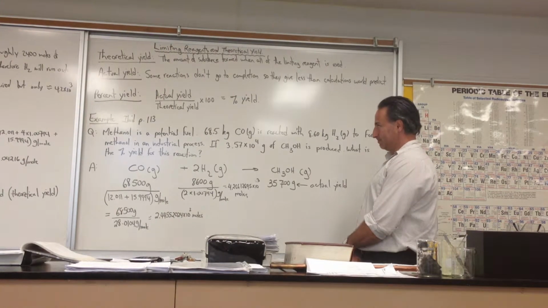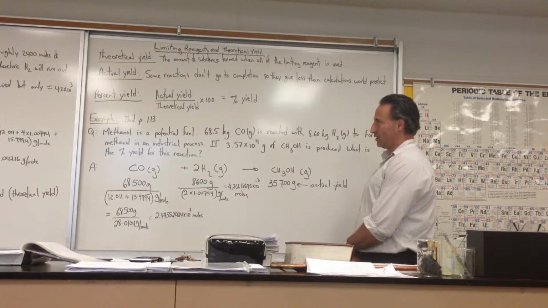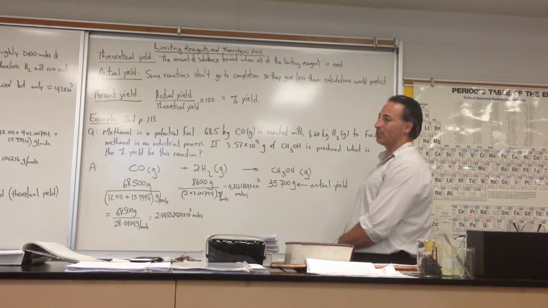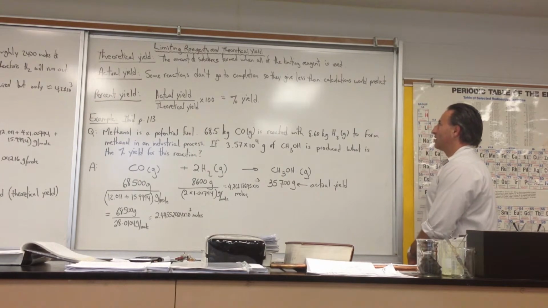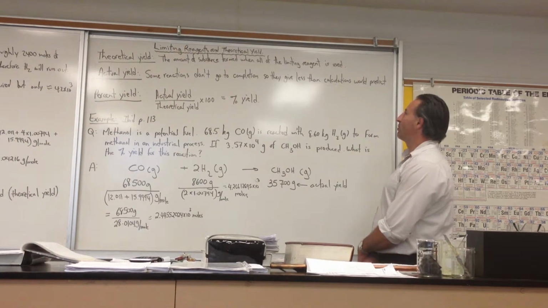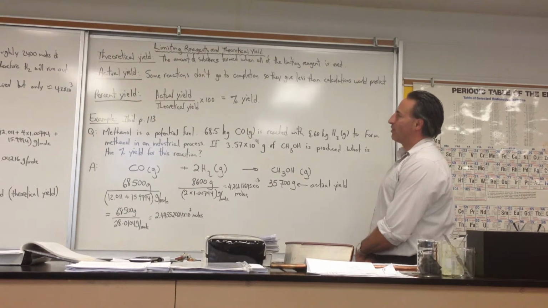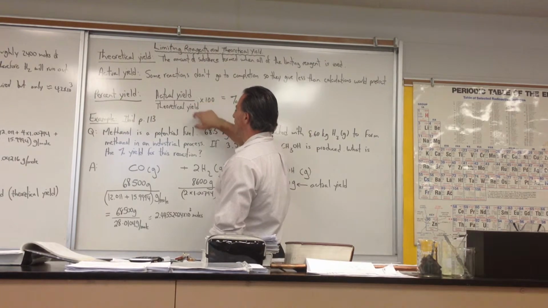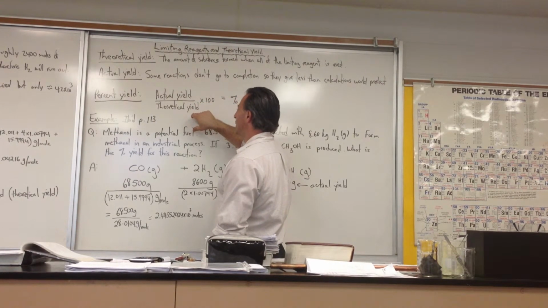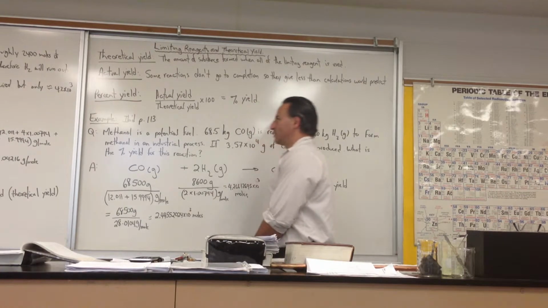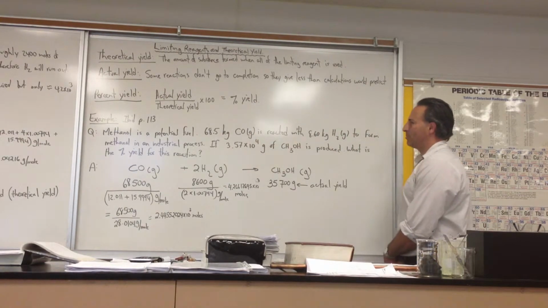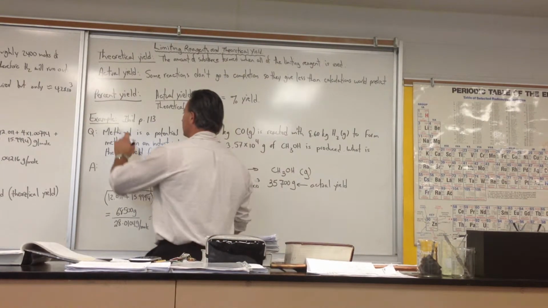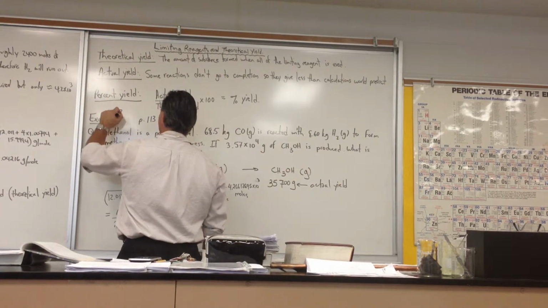The actual yield is what you actually get from the reaction, because in real life most reactions don't go to completion, so they give less than the stoichiometry would predict, and that gives rise to the notion of a percent yield. A percent yield is the actual yield divided by what you calculated you could get, times 100, so that gives you a percentage. And as an example, we took an example from the textbook Zumdahl, 8th edition,